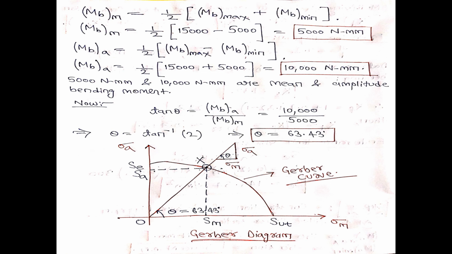Okay, fine. If you remember, when I was discussing the concept of the modified Goodman diagram, there was a point X. And when does that point X come? When you get this angle theta, you can draw a straight line, and that straight line will intersect your modified Goodman diagram at some point X. The same thing is here too. Because I don't know where the values MBA, 10,000 Newton millimeter, and MBM, 5,000 Newton millimeter, converted to sigma A and sigma M, will lie. It can be anywhere in the whole diagram, inside or on the border.